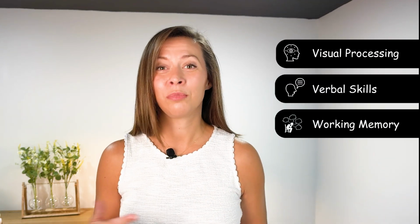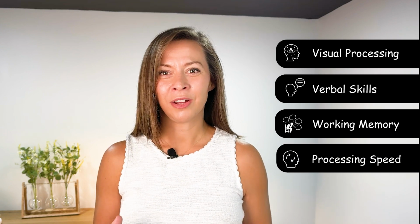As we continue the series on supporting neurodivergent coworkers in the workplace, I think it's important to take a quick step back and talk about how neurodivergent and neurotypical people show up in the workplace. The easiest way to look at this is to look at a neurotypical person's pattern as it relates to cognitive skills in visual reasoning, verbal reasoning, working memory, and processing speed. Those are the four areas where we see bigger deviations within neurodivergent people. So when we're looking at a neurotypical person, somebody in the average range, just about 80% of the population,